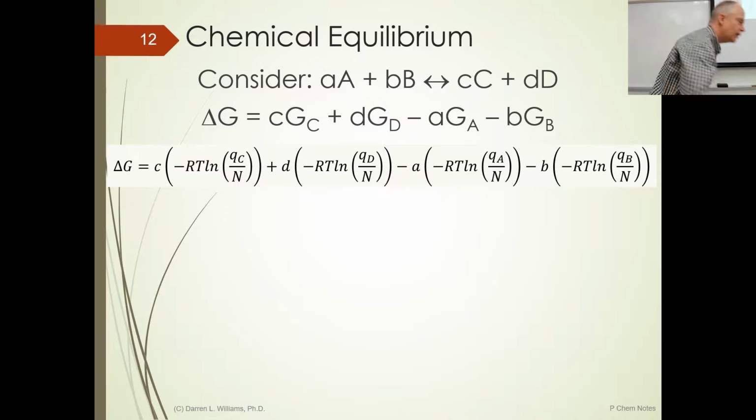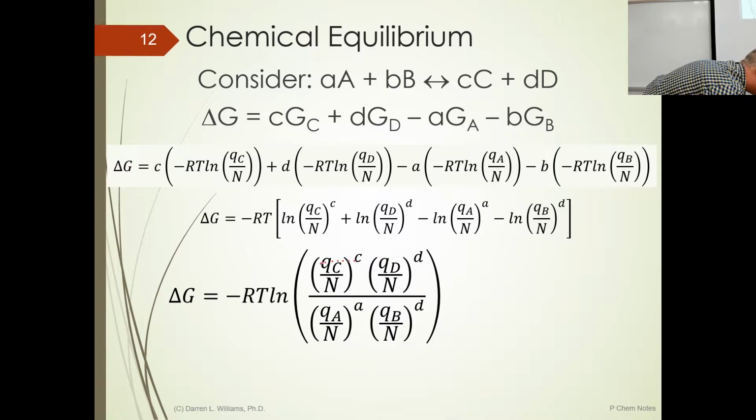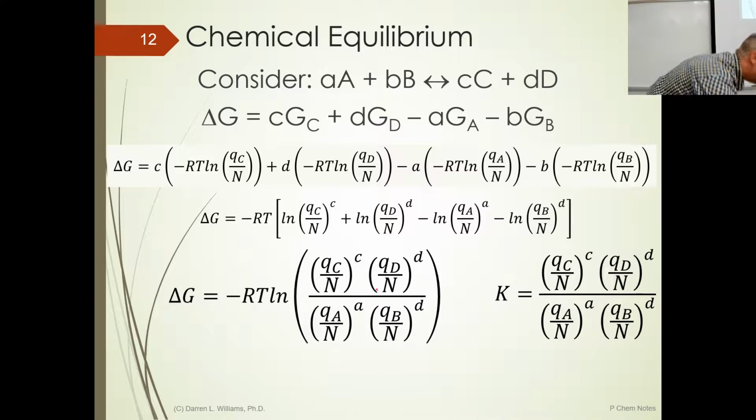We have that Gibbs energy substituted in here times the number of moles. And so those are going to end up as exponents. And remember, the difference in logs, you could write that as a fraction. And so these two negative logs can come in as a denominator. And so we have delta G equals minus RT ln of this fraction. What's on top? The top is the products, and on bottom is the reactants. That's exactly what we see in terms of the equilibrium constant.